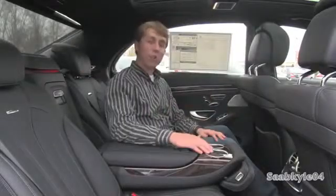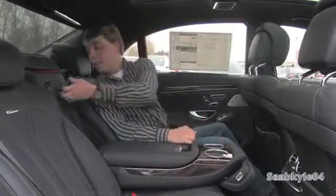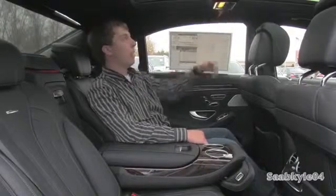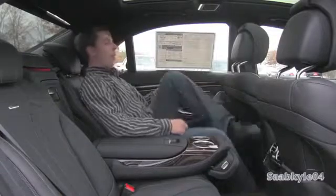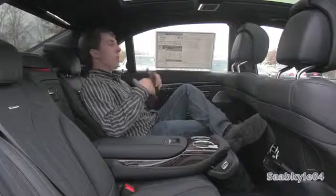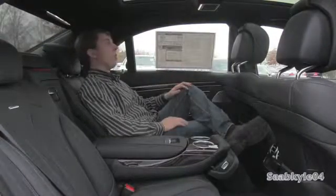Easy access to a large center console here with 2 cup holders, a bit of storage down below, as well as a pocket out back. There's also some vanity mirrors up top, accented with LEDs. So really, I'm 5'11", and even with the seat extended out a bit, I feel like I can still kick my feet up and relax. There's so much room back here, so especially people over 6 feet, the back seat is absolutely perfect for taller individuals. And for a little first-person comparison, like I said, I'm 5'11", plenty of interior room,